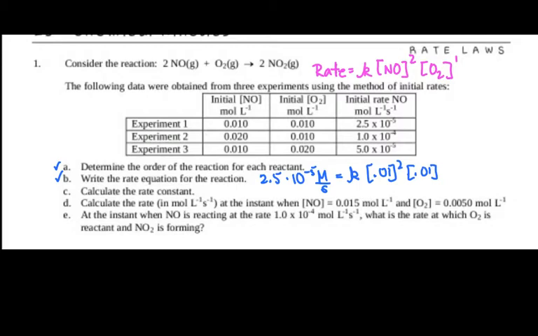Okay? So this is going to equal K times 0.01 squared times 0.01